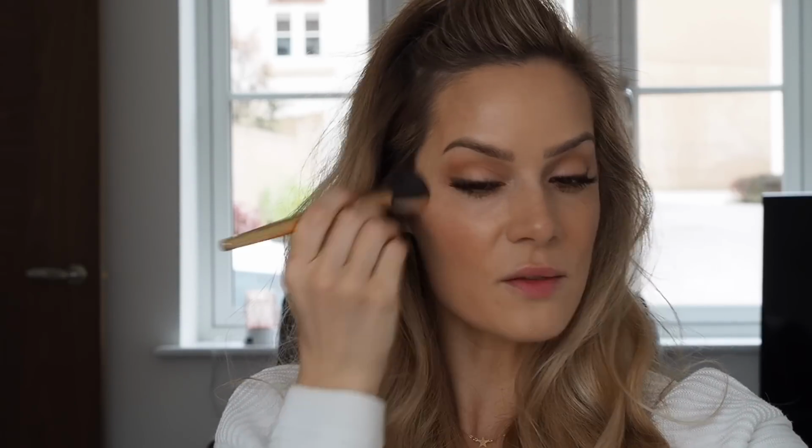For blush today, I'm going to use this a la carte Blush Touch blusher in the shade Coral, which you know I'm a massive fan of. This is the shade, it's so pretty, and underneath this compact is a little brush, so if you're on the go, it's a handy little compact to put into your makeup bag. So I'm going to keep this on the outer half of the cheek